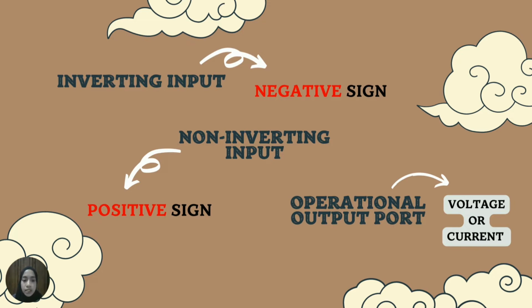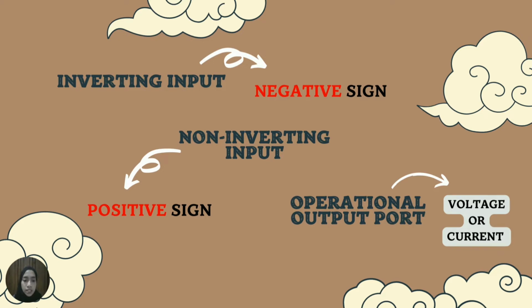A third terminal represents the operational amplifier output port, which can both sink and source either a voltage or current. In a linear operational amplifier, the output signal is the amplification factor, known as the amplifier's gain, multiplied by the value of the input signal, and depending on the nature of these input and output signals, there can be